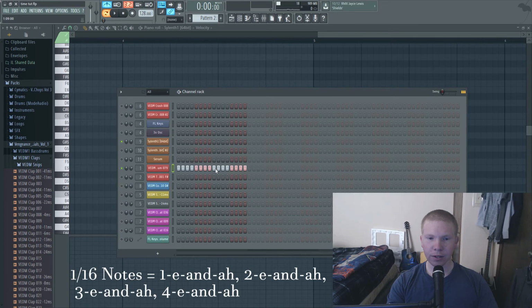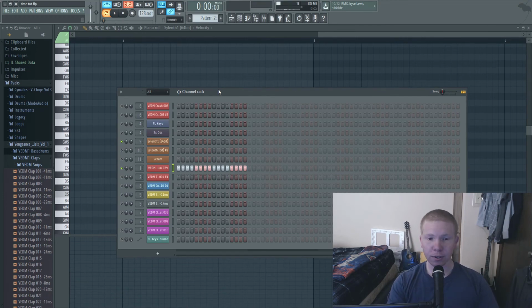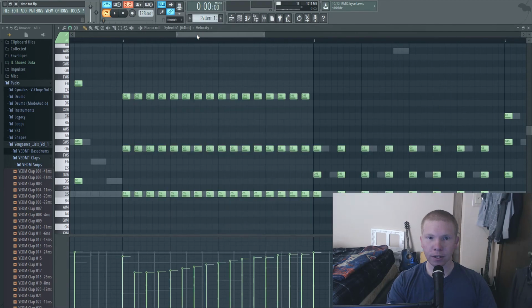1 E and 2 E and 3 E and 4 E and 1 E and 2 E and 3 E and 4 E and. Okay. And the reason these are called 16th notes is because a bar or a measure is divided into 16 of these. Okay? So if you go right here and look again at my chords, you'll see I have 16th notes,